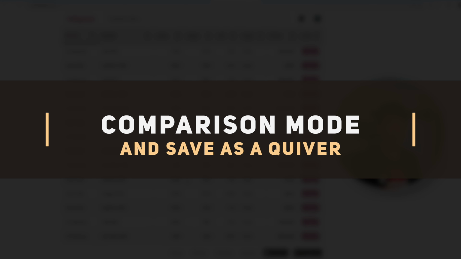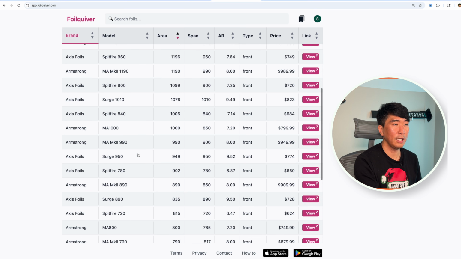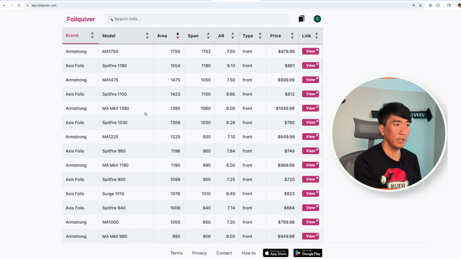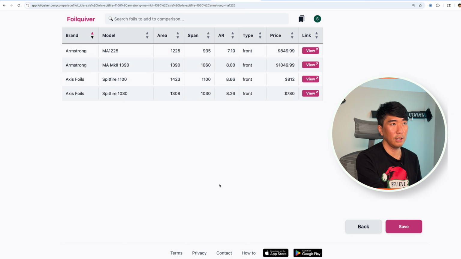Now going into a little bit more in-depth feature, which is the comparison mode. So now I narrowed it down to specific brand and models, and I want to compare the specific foils from this filter. So I can start selecting a few of the foils that I am interested in comparing. And as you can see, once you click them, the buttons for clear and compare show up. Clear just simply clears the selection, but if you hit this compare button, then it will go into this comparison